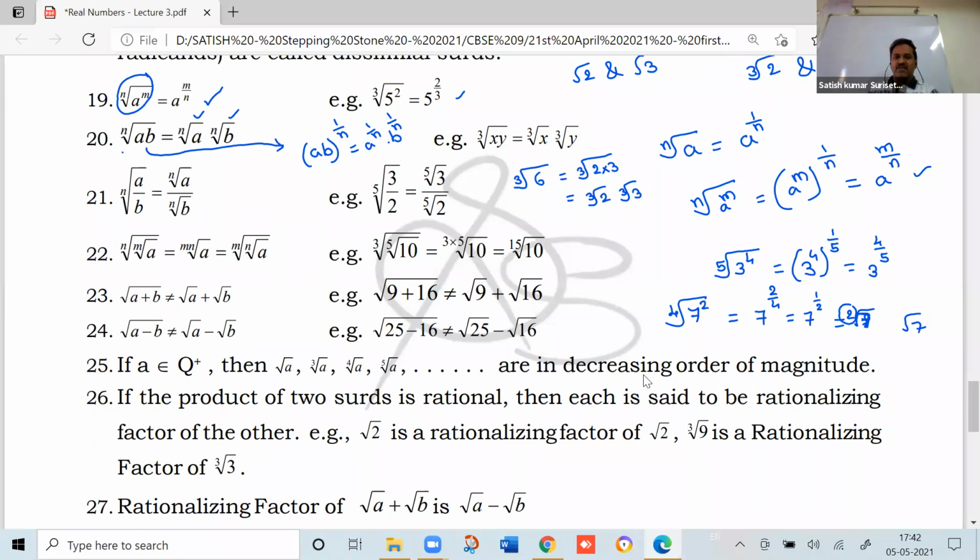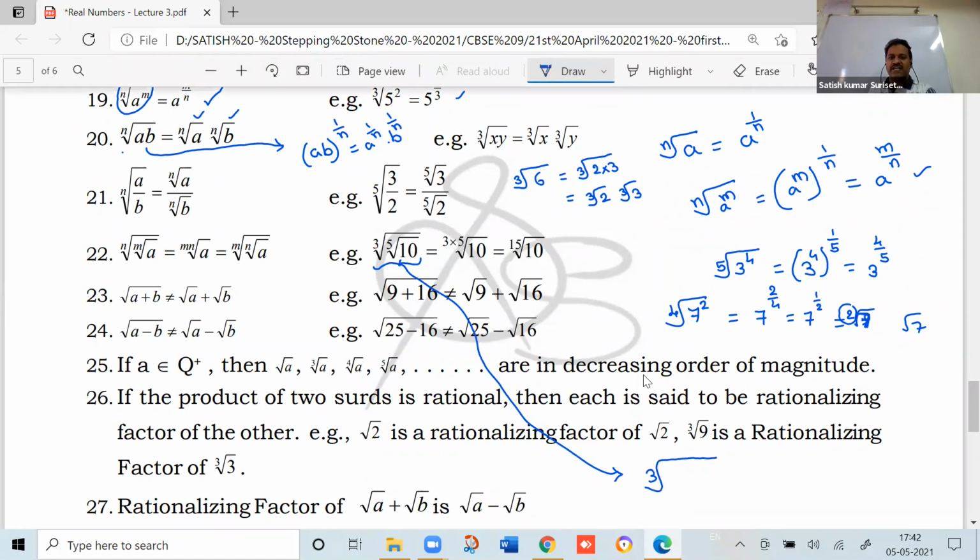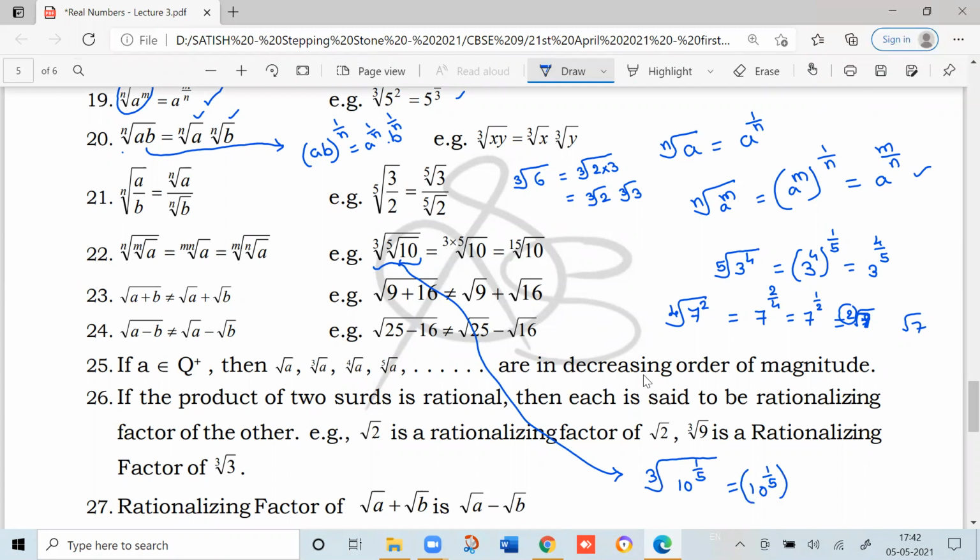So example is cube root of fifth root of 10, which is same as 3 into 5, 15th root of 10. Now, to make it more clear, I will write the exponent form. First let us write the inside in exponent form. Let us keep the outside cube root as it is. Tell me inside exponent form, fifth root of 10. How to write? 10 to the power of 1 by 5. Good. Now you remove the cube root. So 10 to the power of 1 by 5, again what should I write now? Whole to the power of how much? 1 by 3.